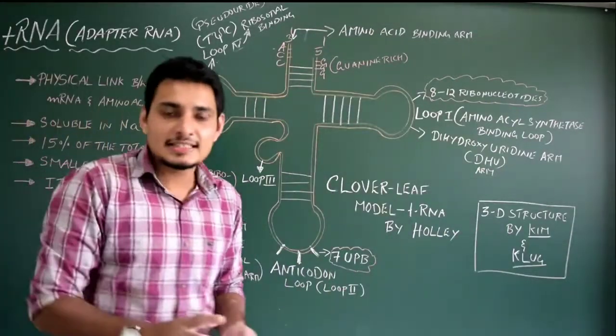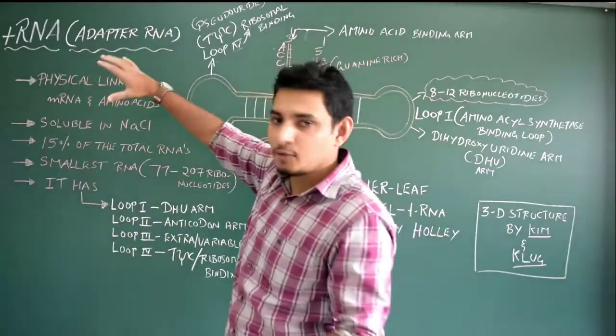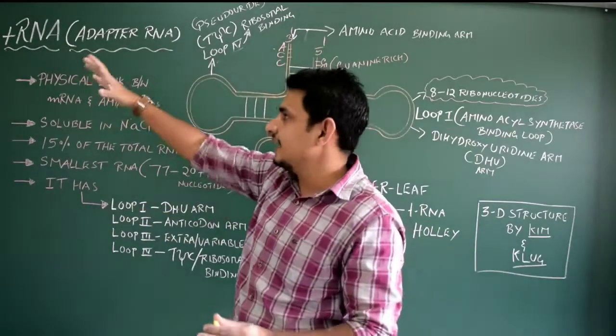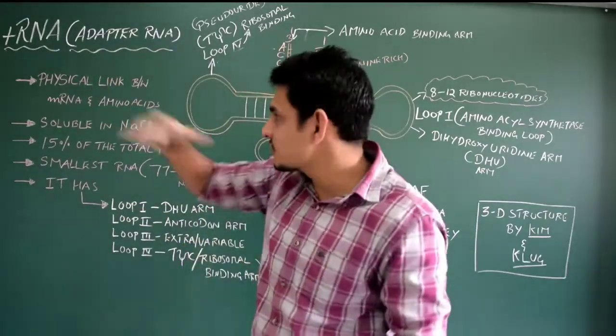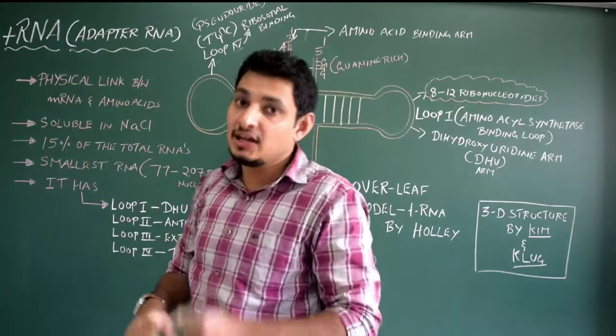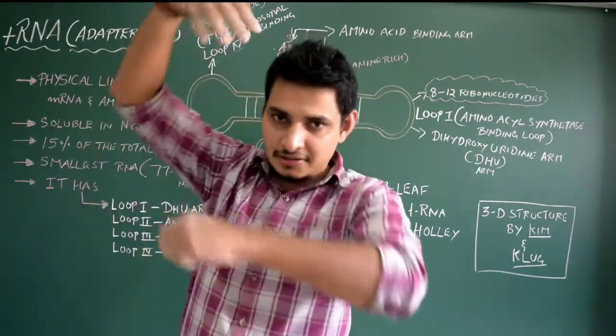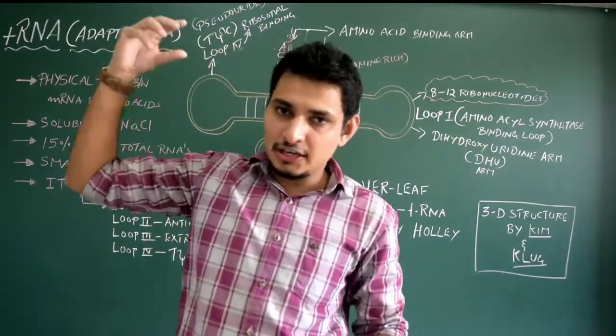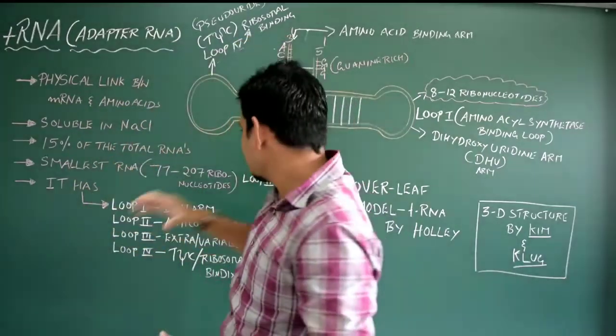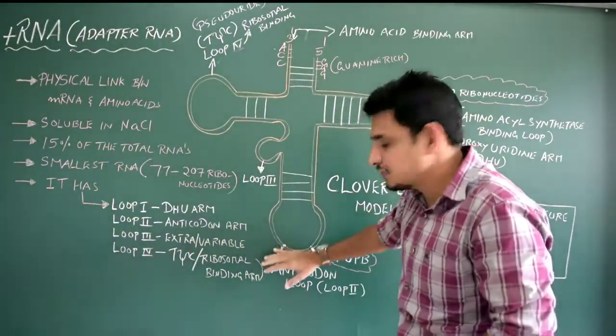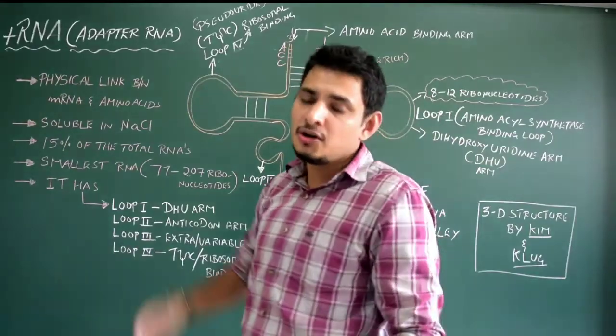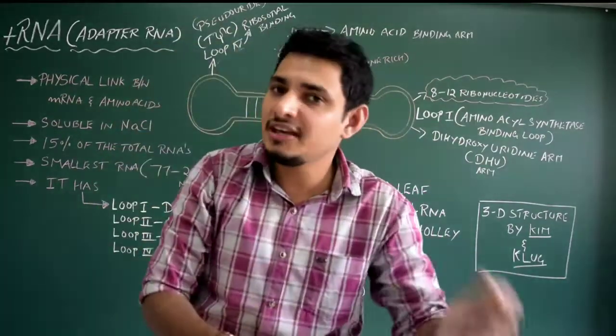Hello guys, this is the second session, where I am going to continue with the RNA itself. The second important RNA is tRNA. It is also called the adapter RNA, the adapter molecule. Why is it an adapter? You know an adapter, a charger, you plug it into the socket, right? Like that, the tRNA has specific sequences called the anticodon, which will bind to a specific codon of the mRNA.